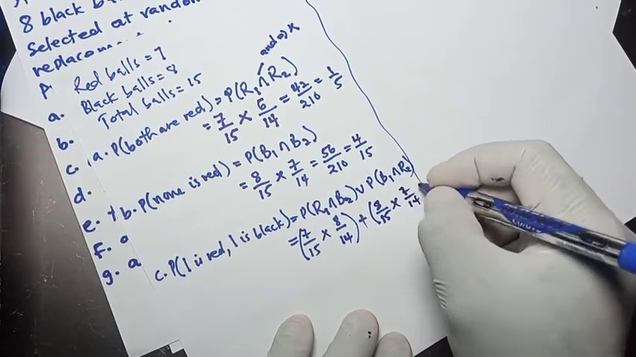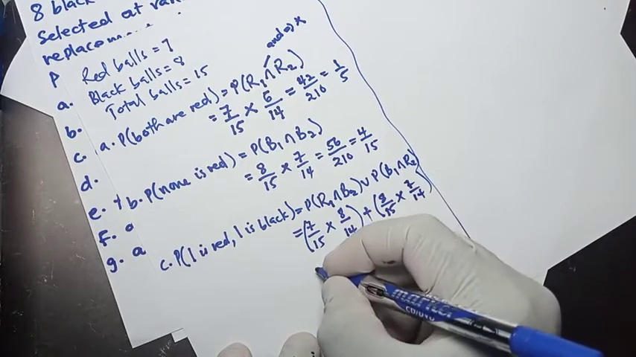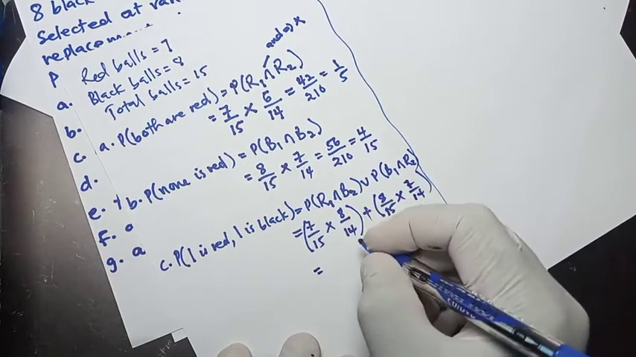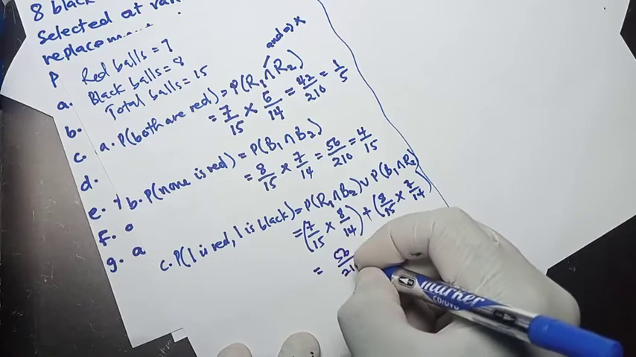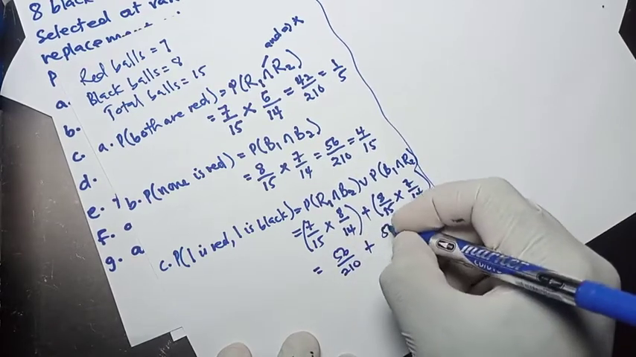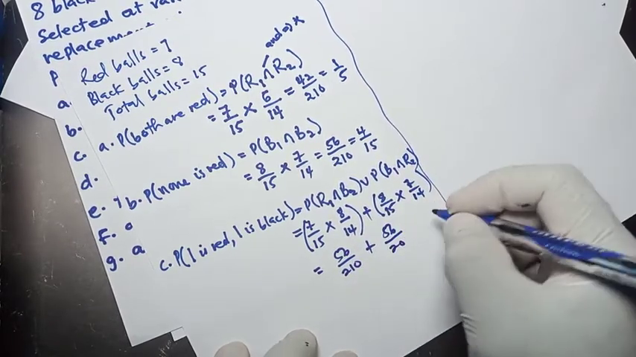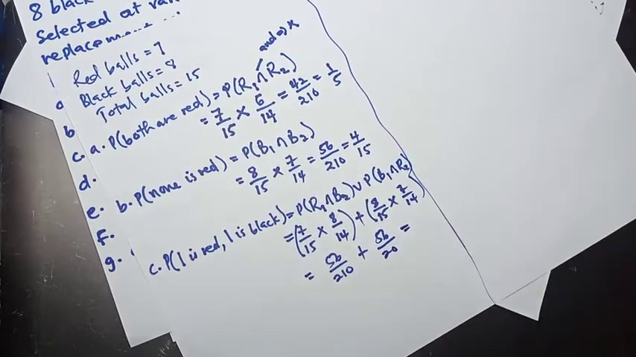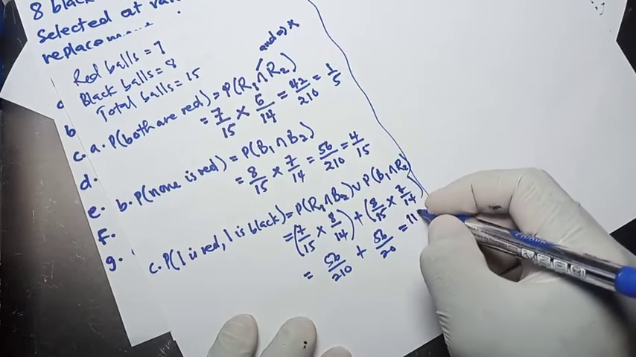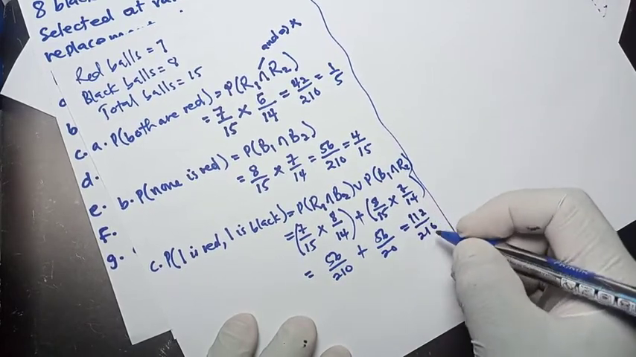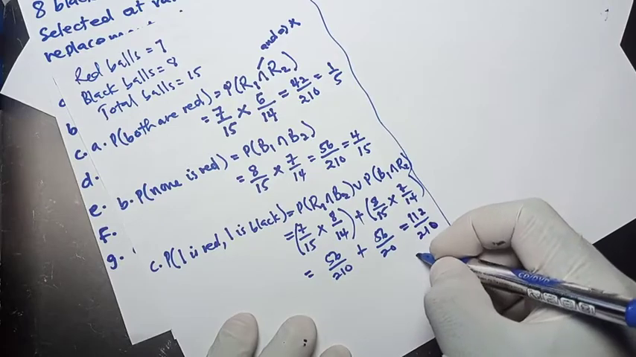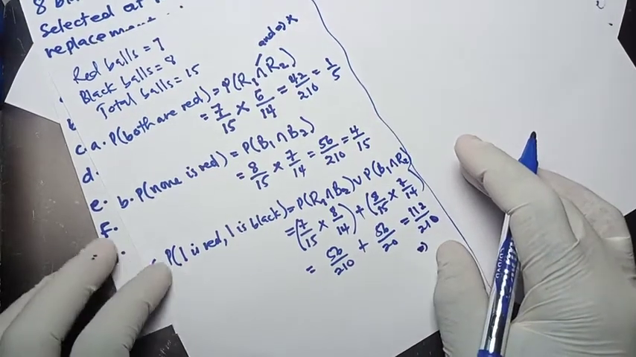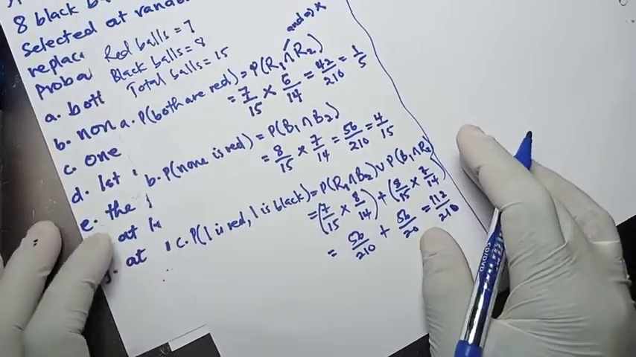7 on 14, and this time this will give us 56 on 210, plus this one too, 56 on 210, and if we are to add this 56, we're getting 112 over 210. So please simplify to get this answer for me. All right,